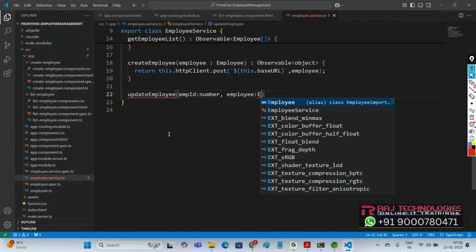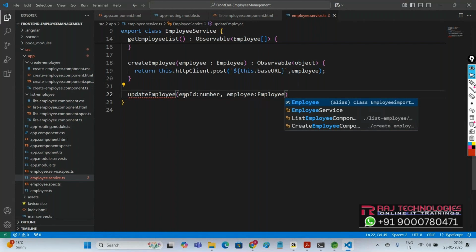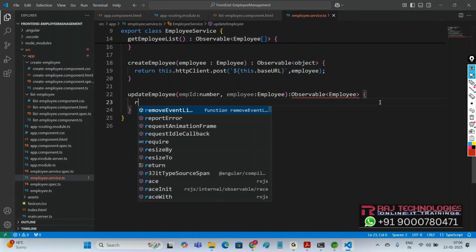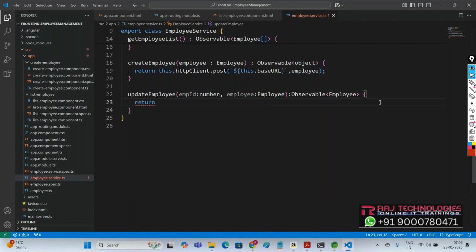So for the employee ID we provide, the new employee object details should get updated. Then say colon Observable Employee. Say here return this dot http client dot, which method we have to call? Put. Update means put. This dot http client dot put